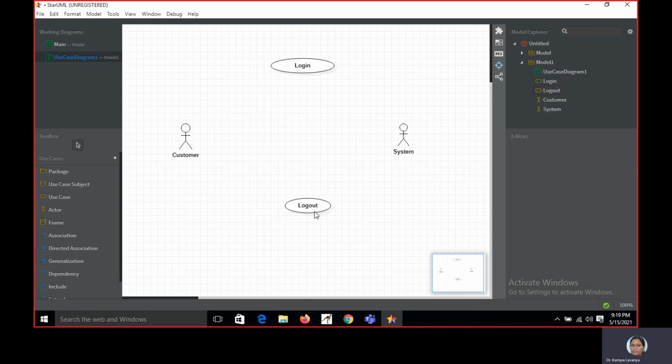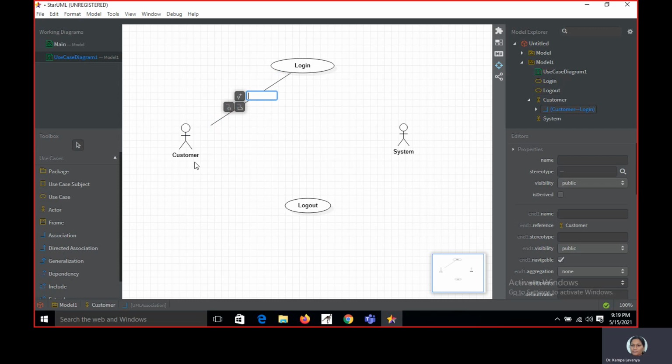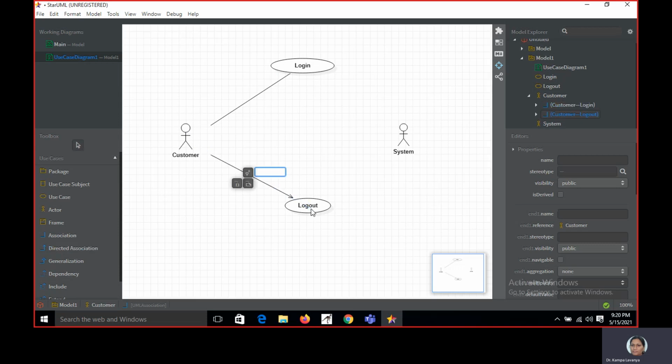Here you can include any number of use cases to fulfill the system scenario. Also you are able to add a relation between the actor and the use case. Here the relation is direct association or simple association, and you can also apply generalization.